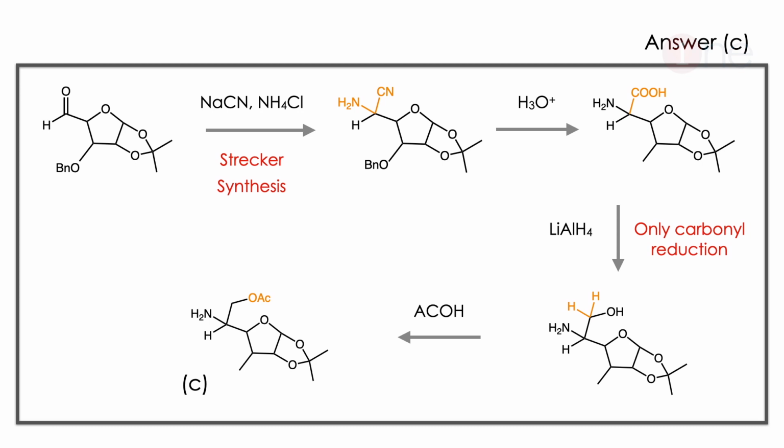Here the important reagent is lithium aluminum hydride. What will really happen? Lithium aluminum hydride only has the sensitivity to reduce the carbonyl group, not any other alcoholic or ester group. So lithium aluminum hydride reduces the carbonyl to an alcohol group. Then the OH group, what will happen with acetyl oxide? The product becomes OAc. So the product is C. Here two important things: you should know the Strecker synthesis and you have to know the selectivity of the carbonyl group. Carbonyl only attacks OH, not any other group in the ring.